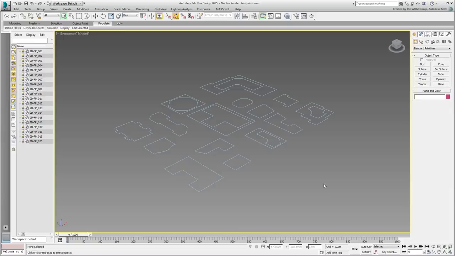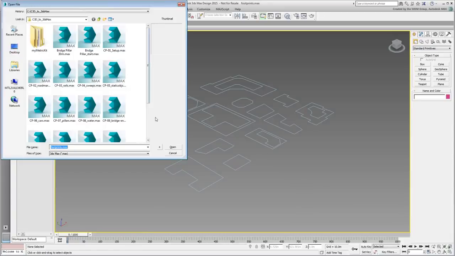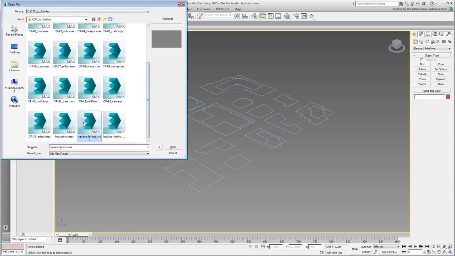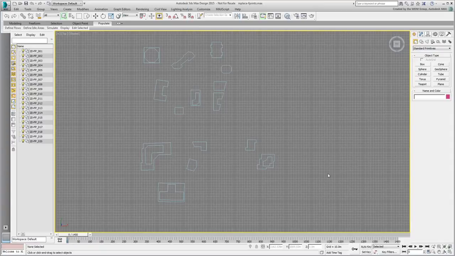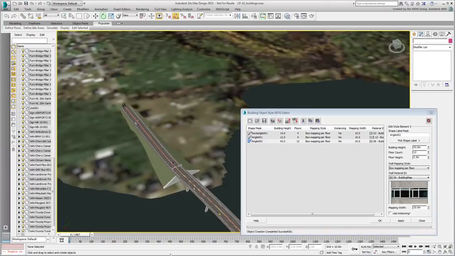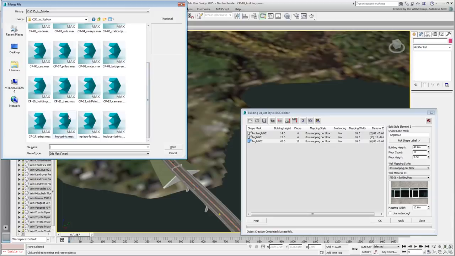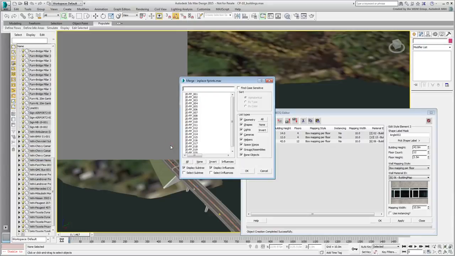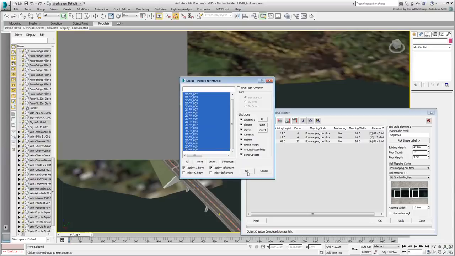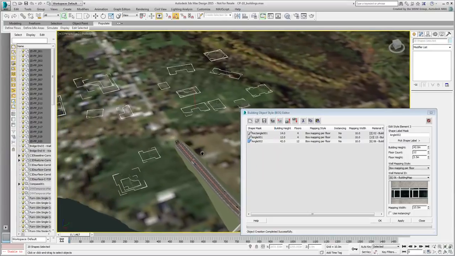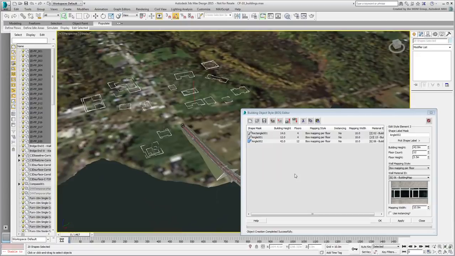What you do next is import this file into your bridge scene and relocate the splines where you need them. If you feel a bit lazy, there's another file named inplacefootprints.max where the 20 shapes have already been moved into place. Simply merge this file into your cp10 buildings.max scene. You can then use the techniques shown earlier to assign building parameters and mapping for each spline. A style saved then would make sense, as you would be able to reuse it anytime you have shapes labeled